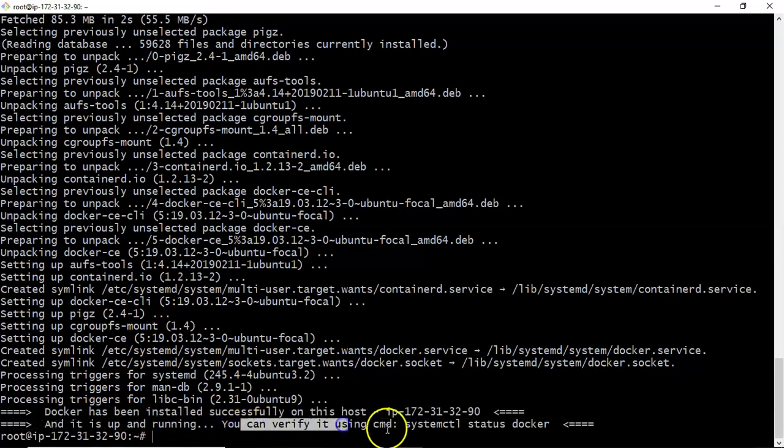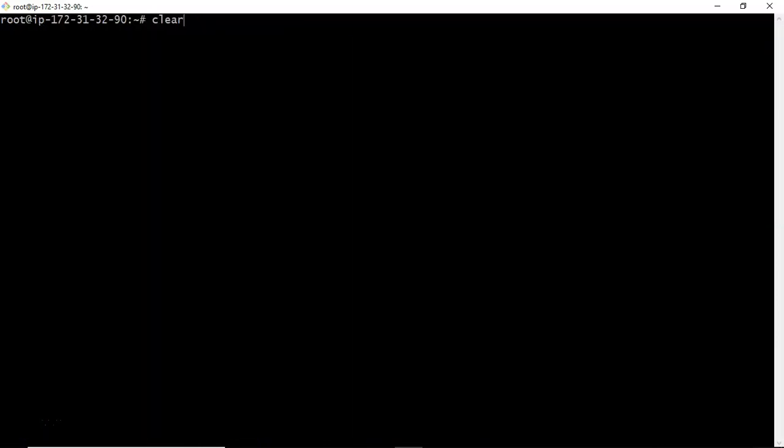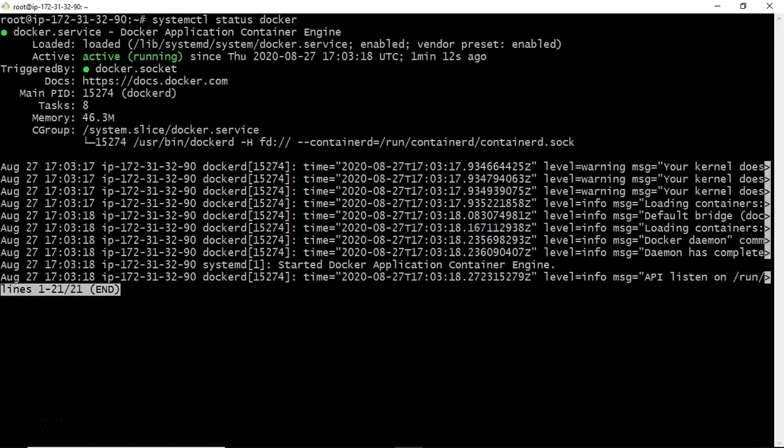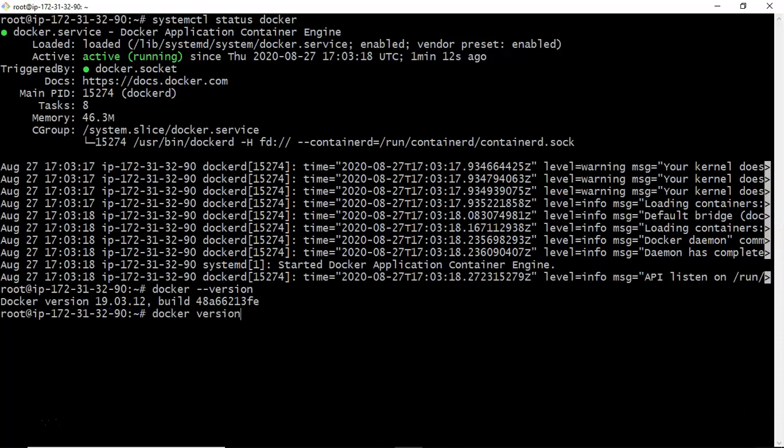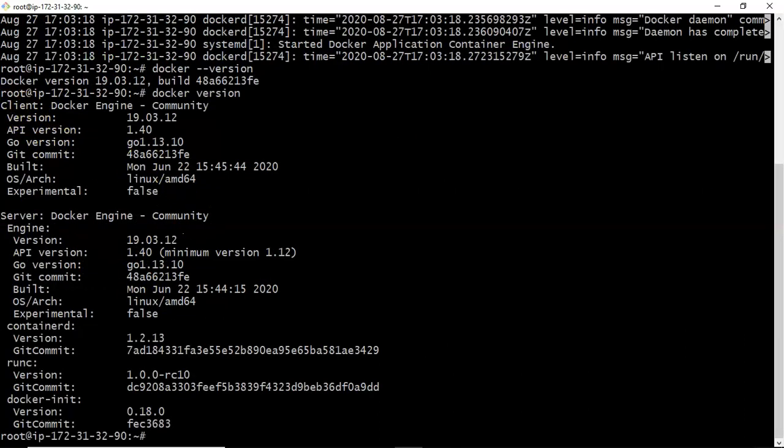You can verify it using systemctl status docker. So Docker is up and running. Now after that you just verify some commands. Let's say docker --version. So it will give Docker version. Anyway, this is the latest version as of now. Then docker version. See that how you are going to get. You're getting some information about your client and your Docker engine. Anyway, that is community version.